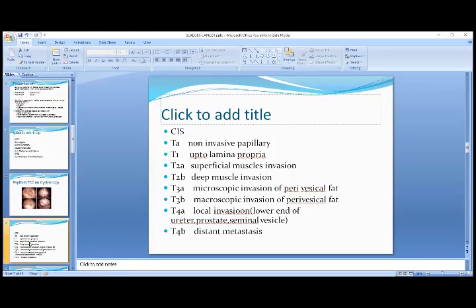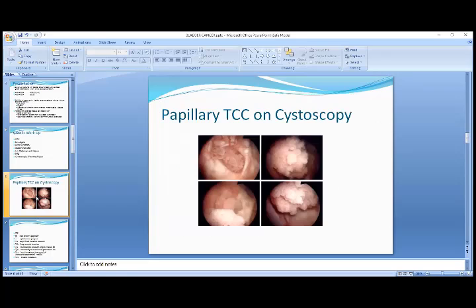Next comes the TNM staging. It starts with CIS, that is carcinoma in situ, which is a flat lesion. But CIS is usually more aggressive than the papillary growths. So papillary growths are usually, here you can observe that we have posted some pictures. These are the cystoscopic pictures of